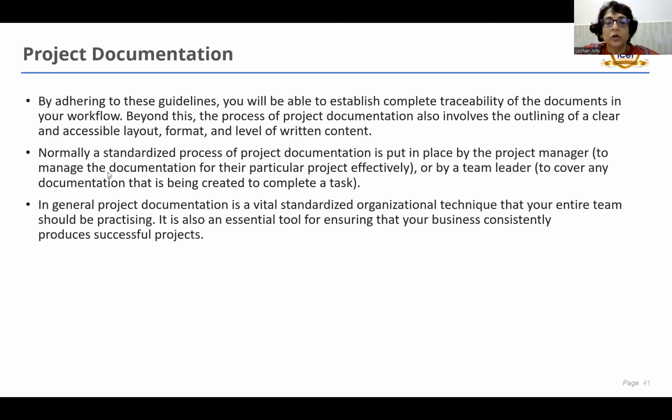In general, project documentation is a vital standardized organizational technique that an entire team should be practicing. What I find, or what complaints we normally get when interacting with the corporate, is that students, and if I take myself also, find it interesting and more engaging to do the new task, developing a new solution. But when it comes to actually putting it